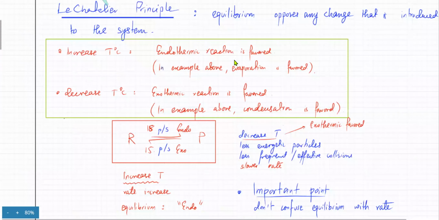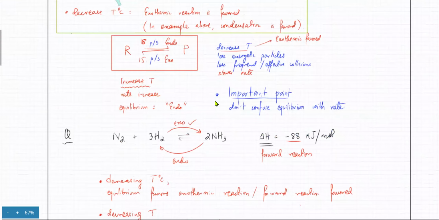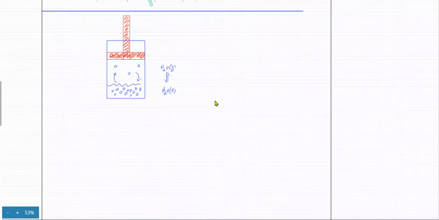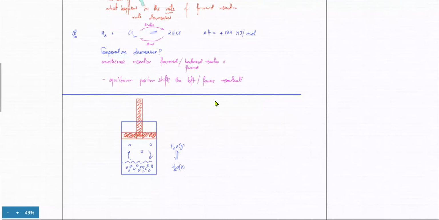If you increase temperature, endothermic reaction is favored. Decrease temperature, the exothermic reaction is favored. And similarly, there was another rule, which was that if you increase pressure... So the other rule was